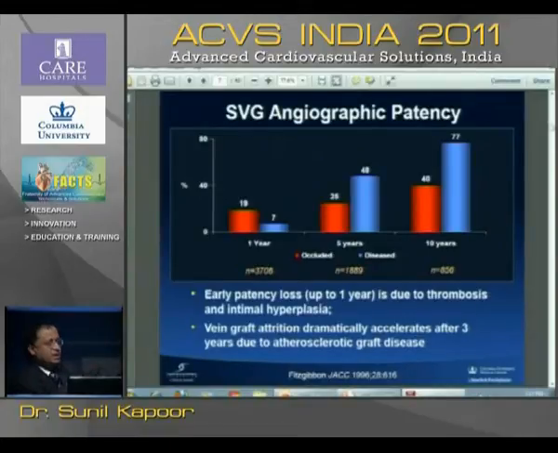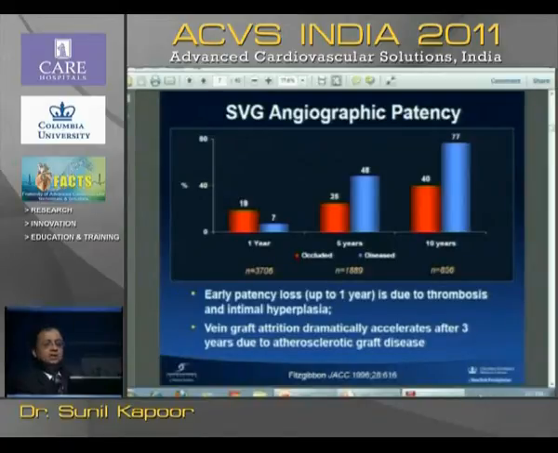What we must know is that from the time the patient comes out of the operation theater into the post-op ICCU, 8% of the SVG grafts close. Most of us have been hammered as interventional cardiologists that your stents keep closing, there is restenosis, there is a 2% thrombus and things like that. But 8% of the SVG grafts close by the time the patient is brought in from the operation theater to the post-operative ward. And the patient cannot detect chest pain. It is thought of as the pain of thoracotomy. ECGs are hardly taken. CPKMBs are hardly done. So it goes as unrecognized infarcts, only to sometimes manifest as heart failure later.